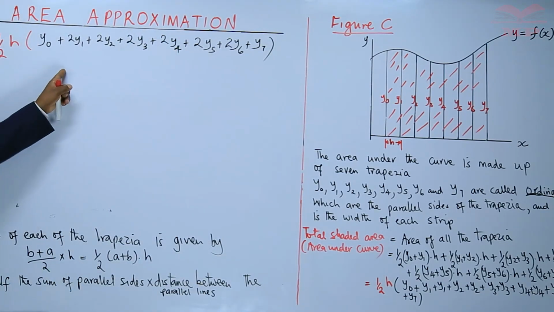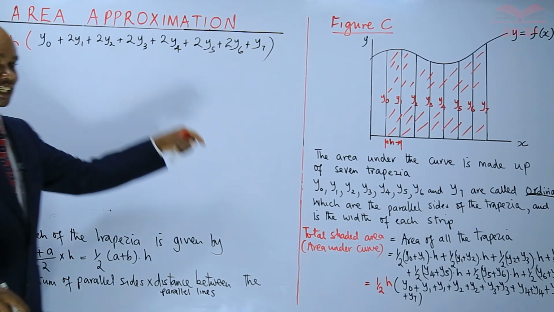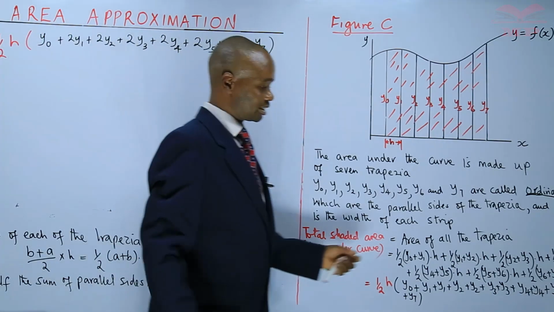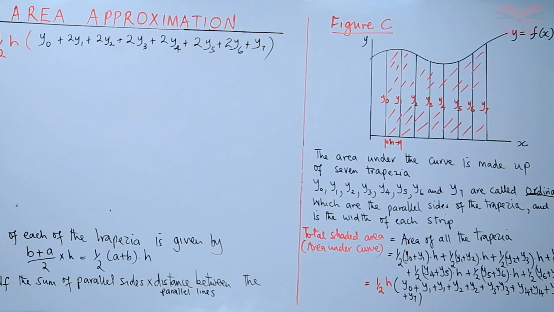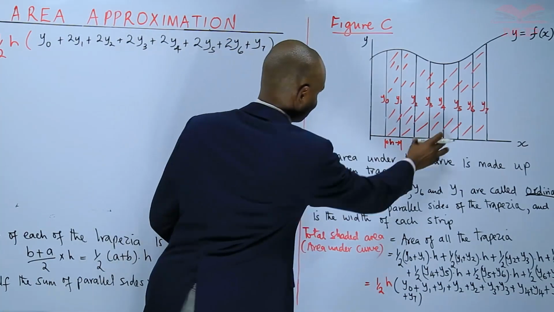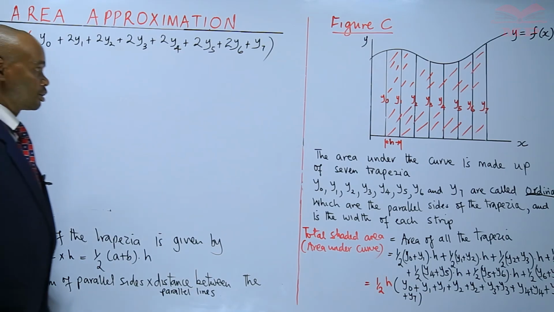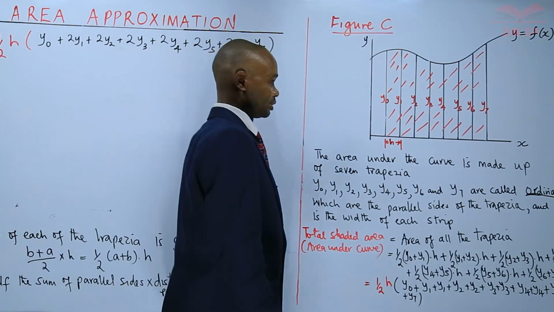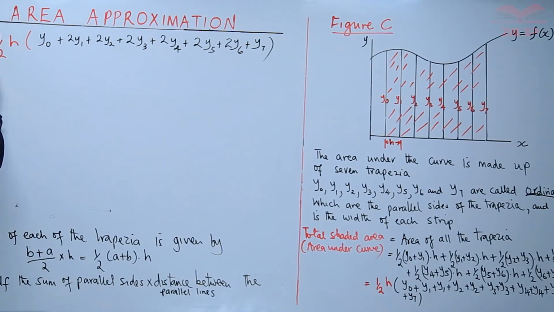So what do you notice? Y1 to y6 are the mid ordinates. They are the mid ordinates. So the formula